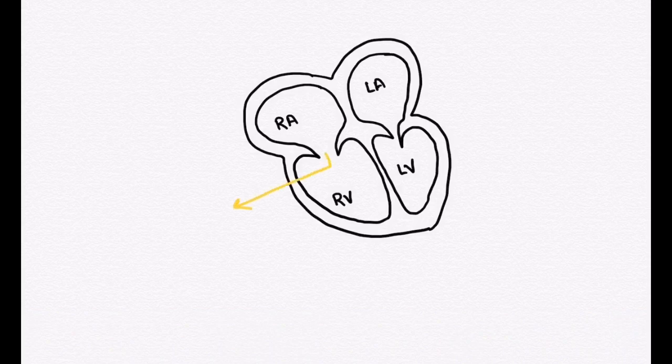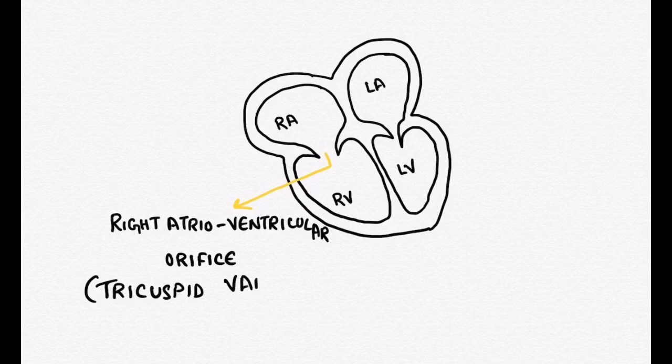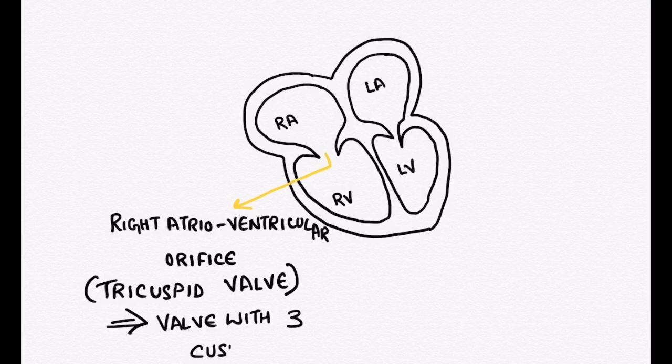Now coming to the orifices and valves, the right atrium and the right ventricle are divided by the right atrioventricular orifice, which is guarded by a valve known as the tricuspid valve. It is called so because this valve has got 3 cusps. So the right atrium and right ventricle are divided by the tricuspid valve, and there is an orifice known as